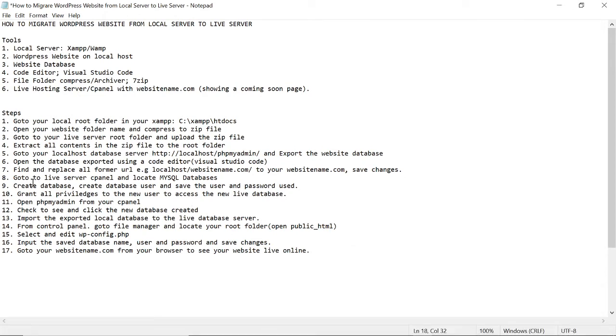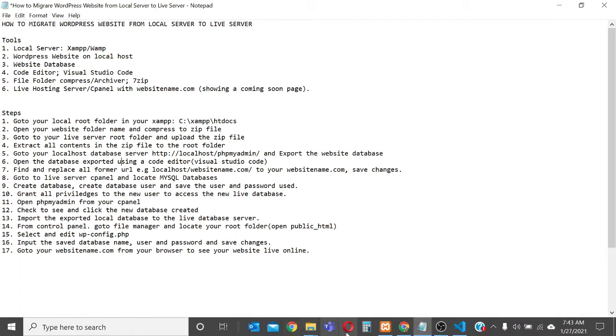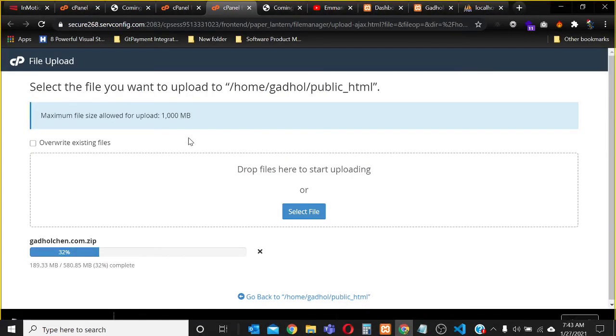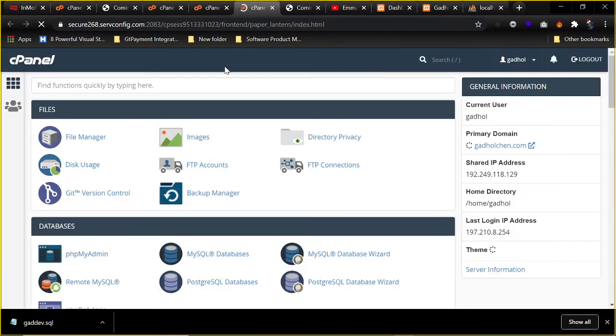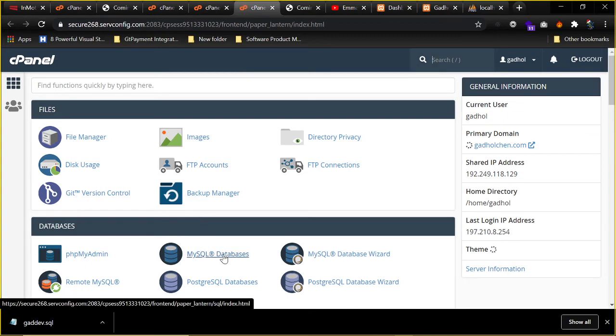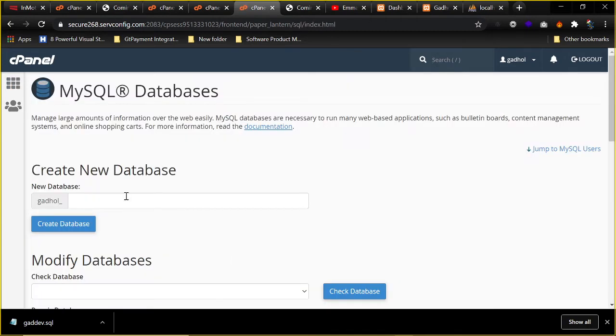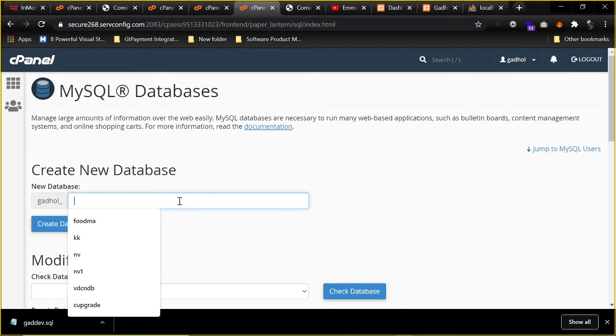So the next step is, now we go to live server cpanel and locate MySQL database. So we're going to create a database now right from our cpanel. So I'll just go here and go to another cpanel while that is still uploading. Go to my databases, then create a database. So I'll call this, let's say,